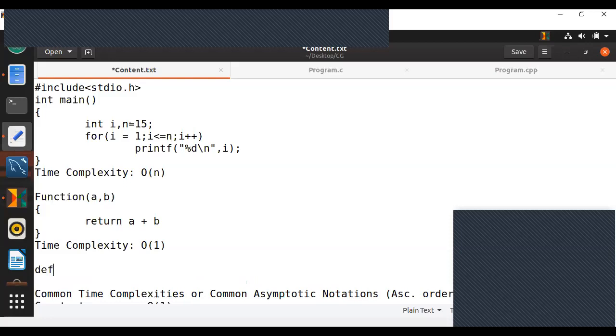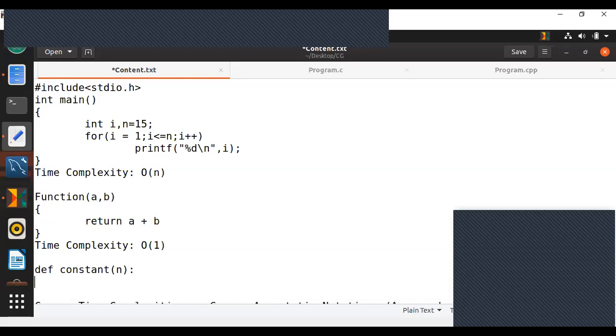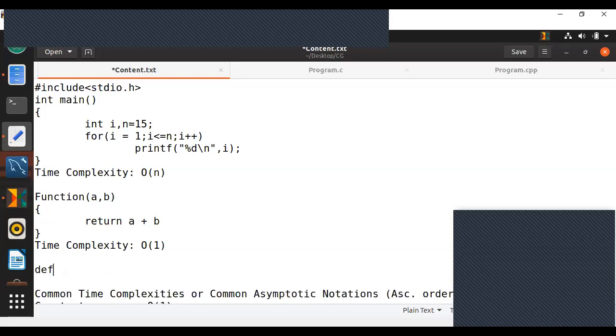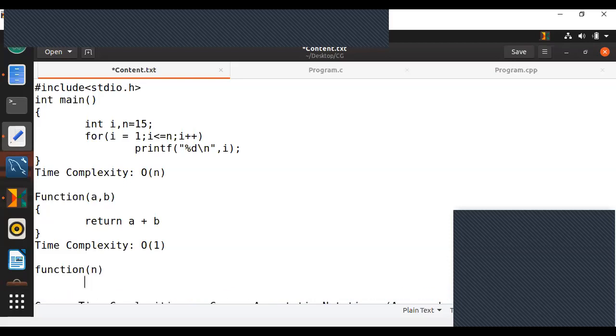Let's say we have defined something like function of n, and here we'll just write